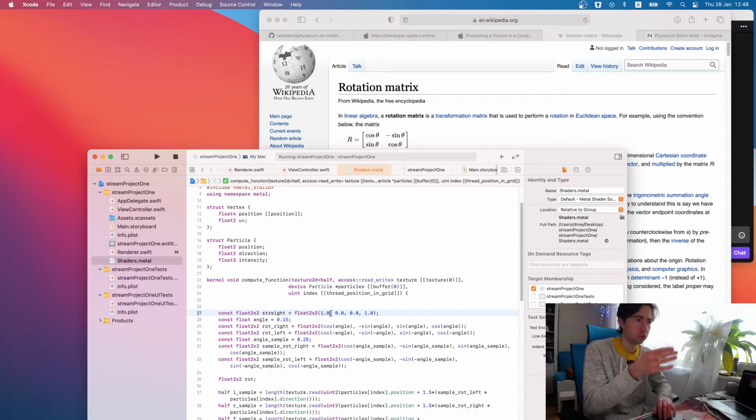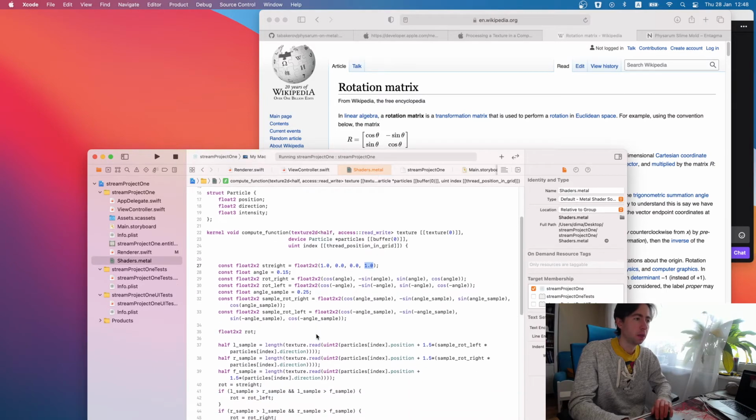We do not want to rotate it anywhere. This is a minus sine of 0, which is still 0. This is the sine of 0, and this is cosine of 0.